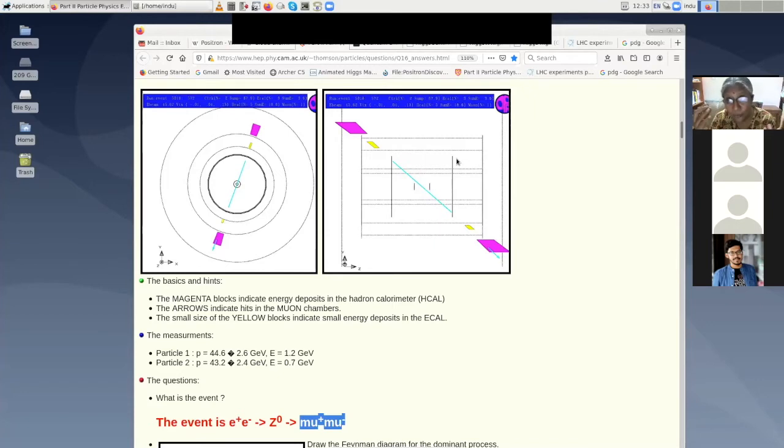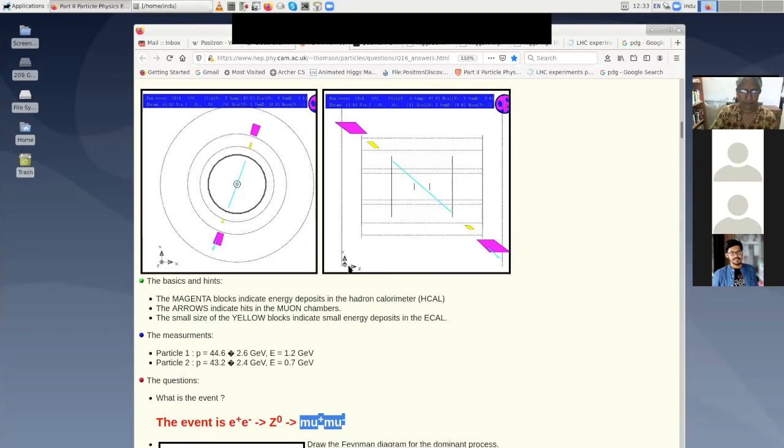But this is exactly what we meant when we did two-body kinematics, when we said that the azimuthal angle phi is irrelevant, right? So this is the question you're asking: what is the azimuthal angle phi? We don't know. It could have been in any direction, right? It will be the same. Yes, ma'am, exactly, now I understood your question. So phi could have been anything. It just happens to be almost vertical here. It could have been horizontal. I mean, this is like northeast southwest, right? It could have been northwest southeast also, or east west direction. Any direction it could have been.